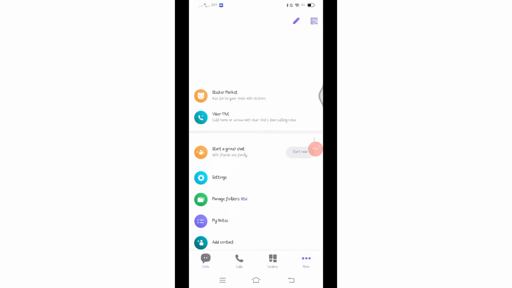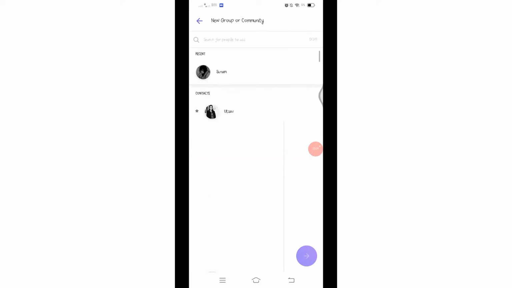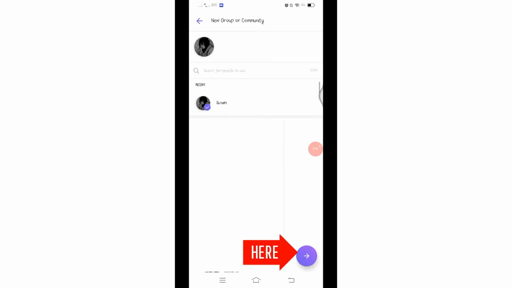Here you will find the Start a Group Chat option. At the right side, you will find the Start Now button. Click on this button to start creating a group chat. Now from the list, you can select the person whom you want to add to your group. Once you have selected the people, click on the arrow button at the right bottom and you will reach